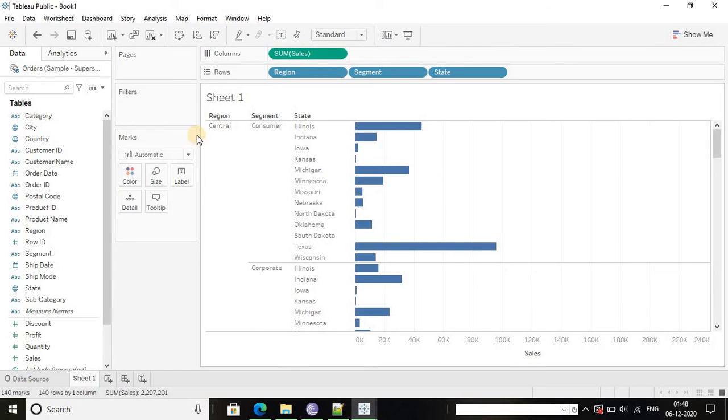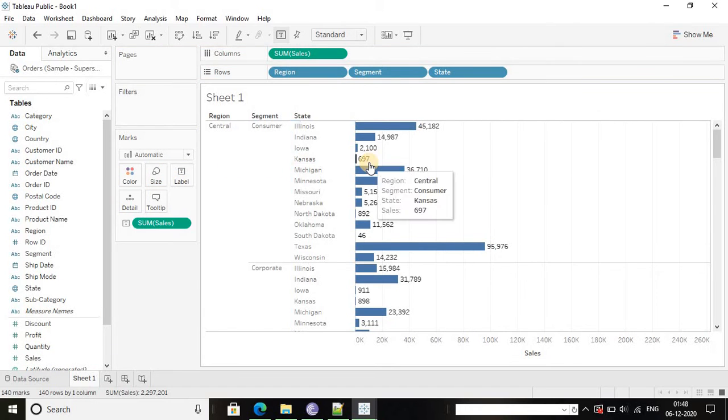We can see that in the central region, for the consumer segment, for the Kansas state, and I will put it into the label, the total sales is 697. I want to show a graph that shows only the total sales based on the region and the state, but it will not include the segment.